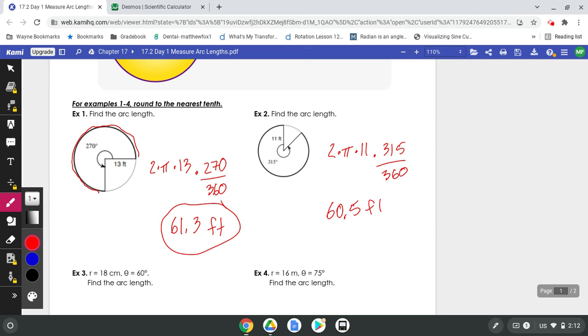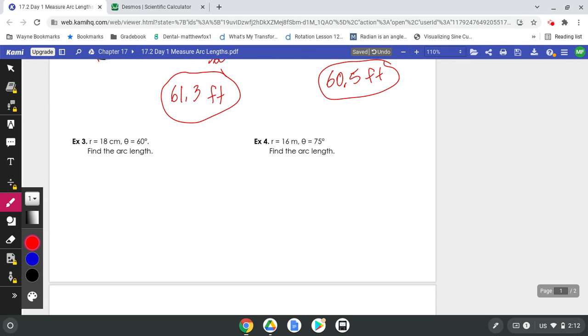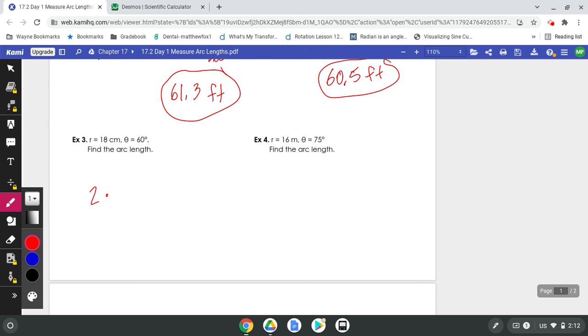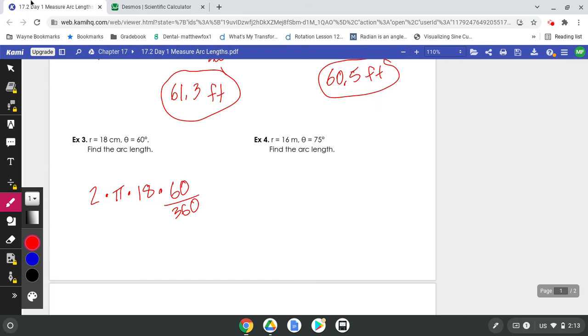The only difference at the bottom here is there is no picture. Like in example 3, we have the radius and we have the angle. In my opinion, it's actually a little easier. You don't even have to interpret a picture, just 2 times pi times the radius, which is 18, times 60 over 360. Keep in mind, if they gave us the diameter, we would divide by 2. But we don't have to do that here. So 2 times pi times 18 times 60 divided by 360, and we get 18.84. Rounding to the nearest tenth, 18.8